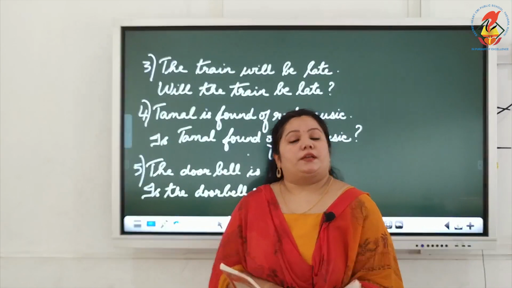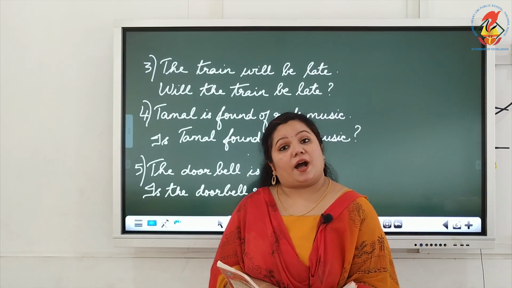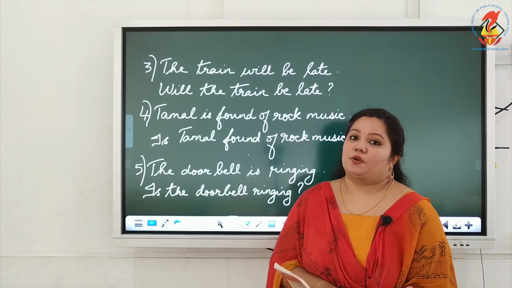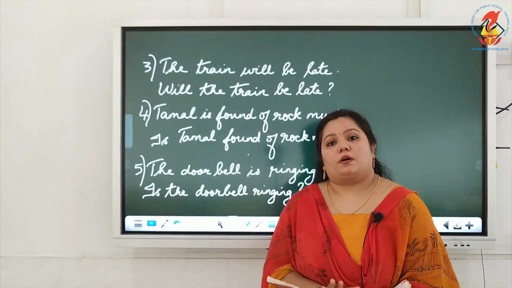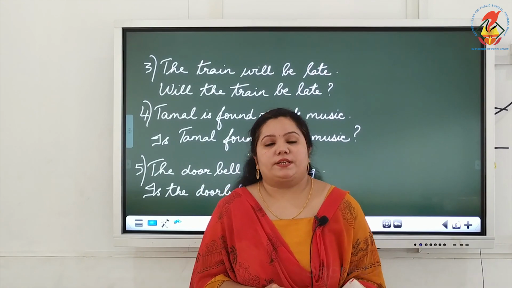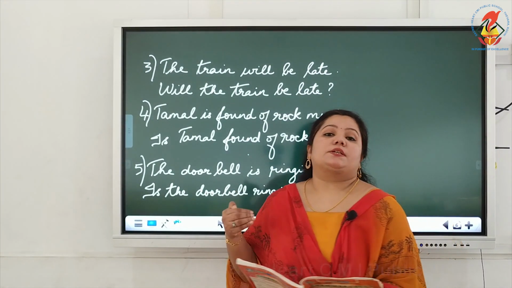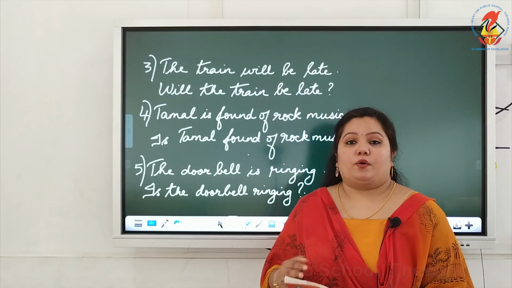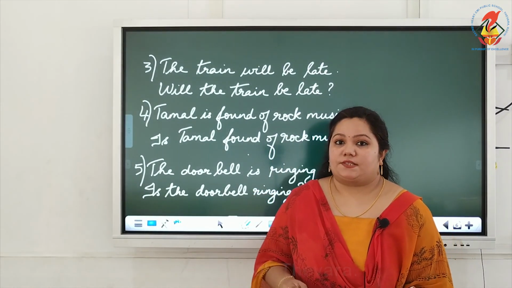So interrogative sentences are basically sentences that are related to asking questions, and they begin with a capital letter and end with a question mark. Alright. And words like am, was, were, has, have, all these words will be placed before the subject when we have to change a statement into an interrogative sentence. Okay, I hope you have understood all these things, and you have to do your exercise also.